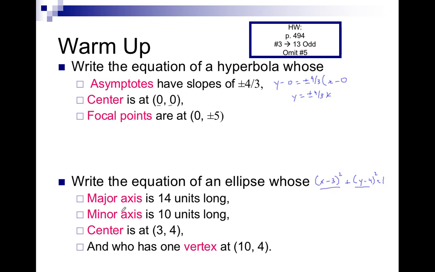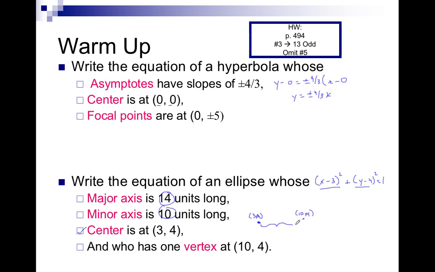And you see the trap in this one? I've used the center. The trap in this one is to use 14 and 10 as either Rx or Ry. Firstly, I don't even know which one is Rx and Ry yet, right? Because no one has told me whether my major axis is vertical or horizontal. But with a center at 3, 4 and a vertex, not a co-vertex, at 10, 4,